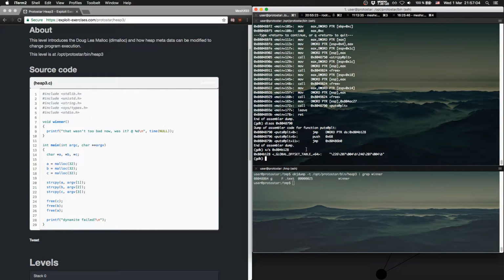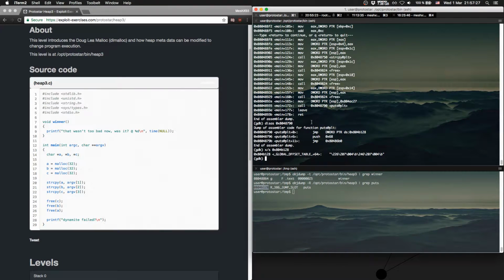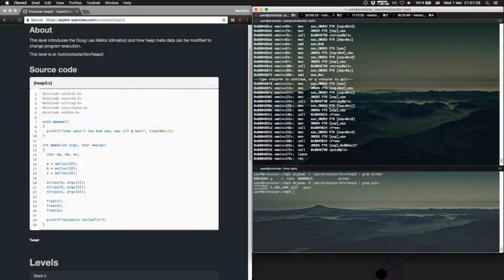First we need the address of puts, and we will do it with objdump again, objdump -R /opt/protostar/bin/heap3, and we will grep for puts. So this is the address of puts. There is one interesting point here. We cannot use this address. Why? Because at the